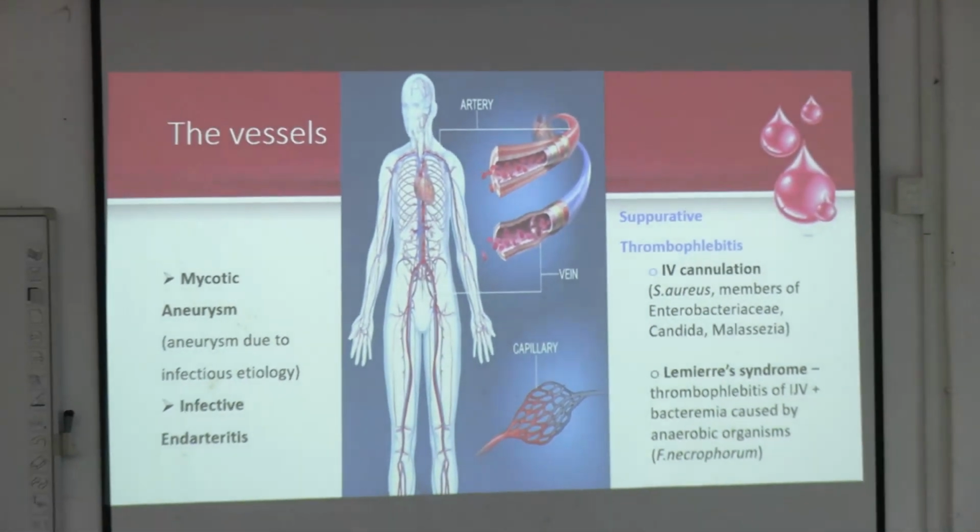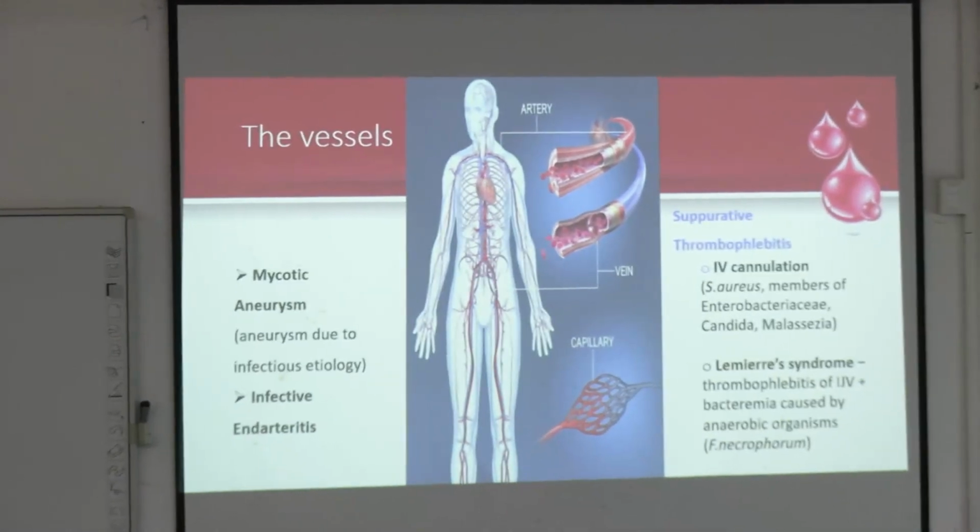destruction of the arterial wall, subsequently leading to swelling of the arterial wall. This is called an aneurysm, and the infective pathology gives it the name mycotic aneurysm. This is generally seen in the large arteries like the aorta. Similarly, in the smaller arteries, we can have what is called infective endarteritis, that is inflammation of the interstitial